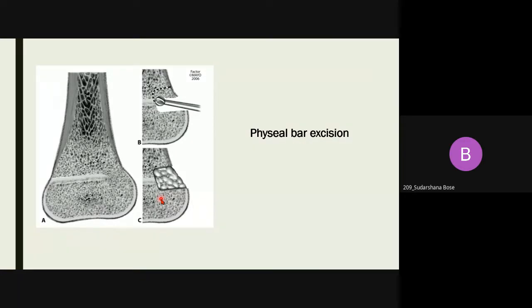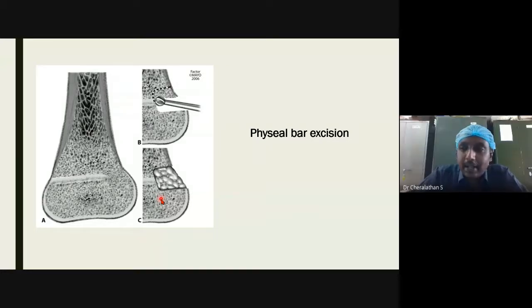You are worried about the void which we have left here. Yes, sir. Because there's no growth on one side and then there's normal growth on the other side. That's how the deformity gets corrected, no, sir. See, there are some... Okay, clear. Now I get your point. Now I get what you doubt.